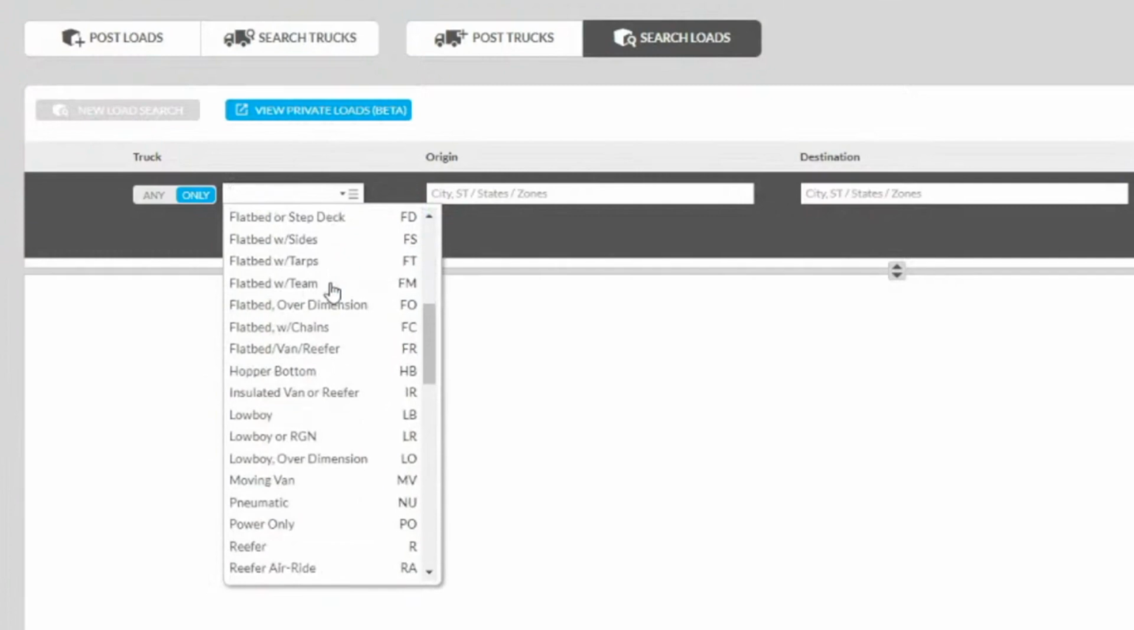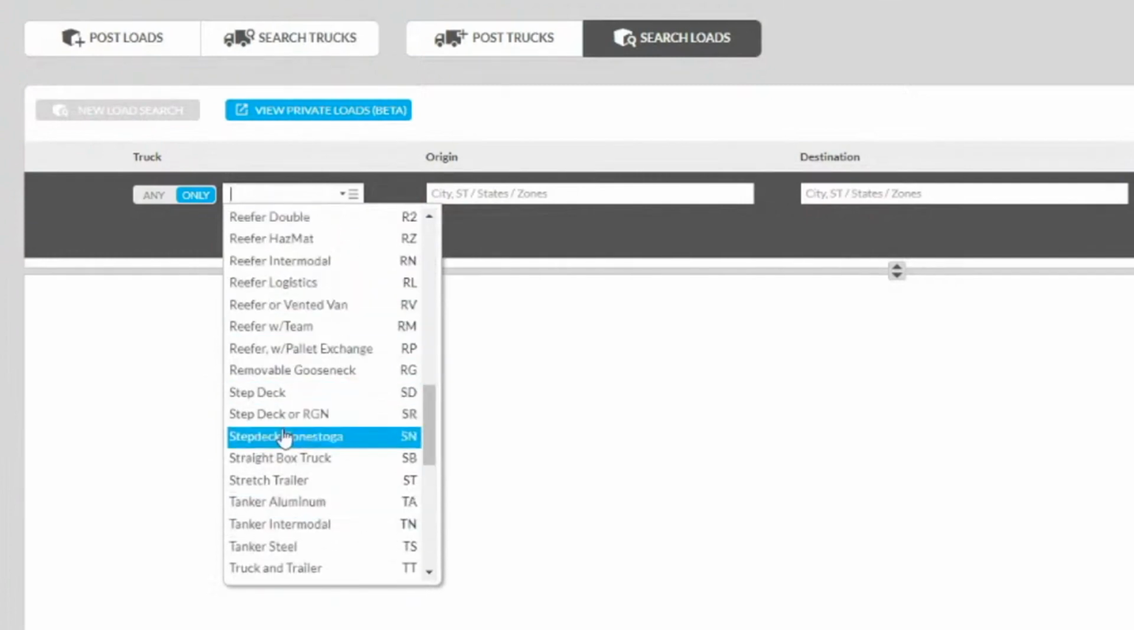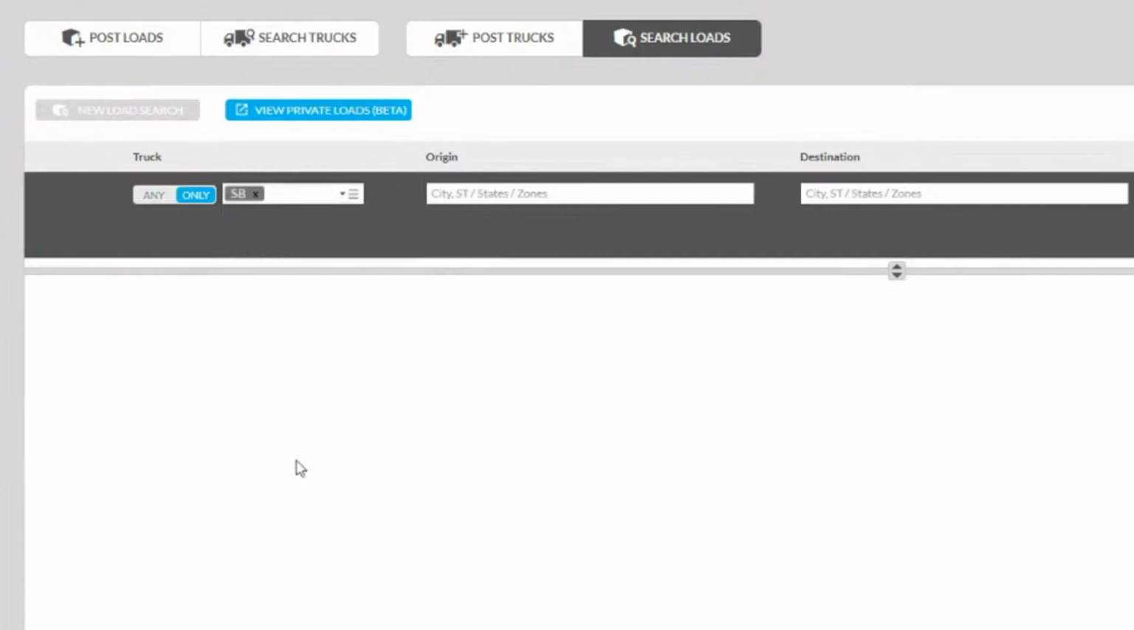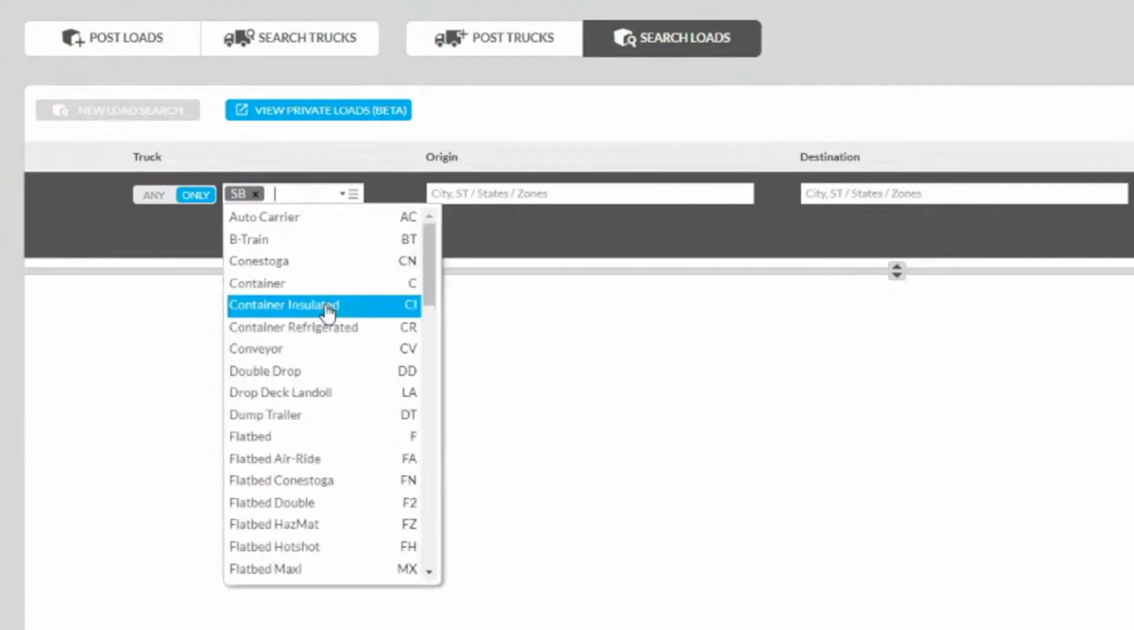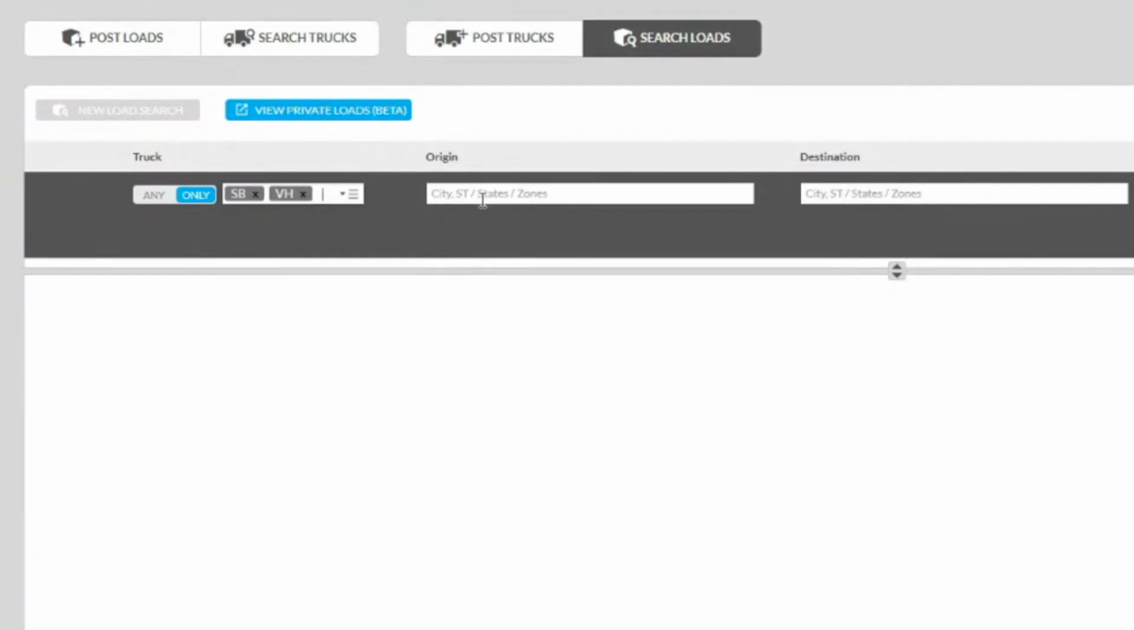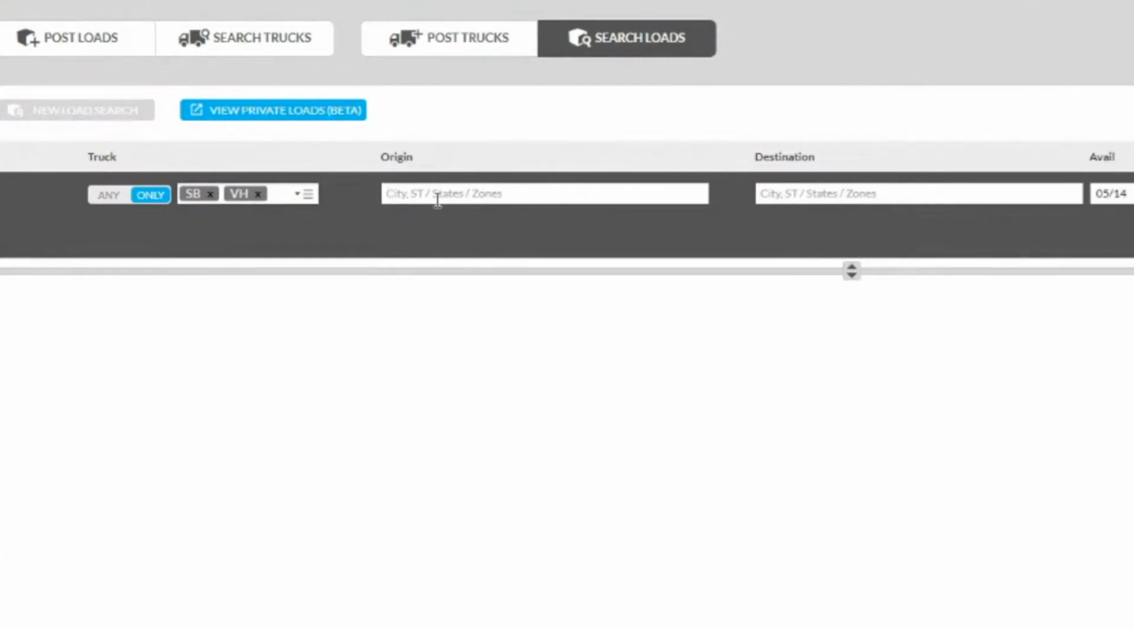So when I say more options and scroll down, you will see that there is a straight box truck. So you click on that, and then this is where I learned a couple of tactics from other carriers. They also choose van hotshot, and then obviously we have origin. So here's another tactic. So if you really wanted to see how many loads we have right now, for example,